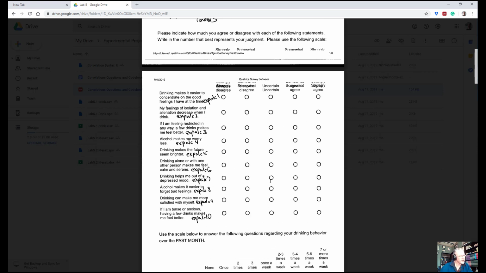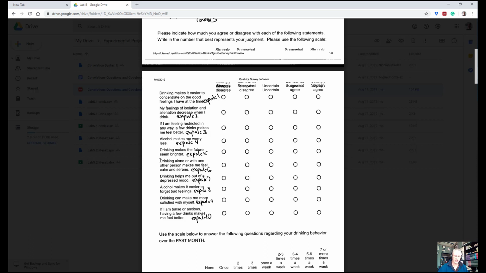What we're using to predict heavy drinking is what's called alcohol expectancies. Alcohol expectancies refer to the notion that we're assessing to what extent people expect that the consumption of alcohol is going to lead to positive benefits.